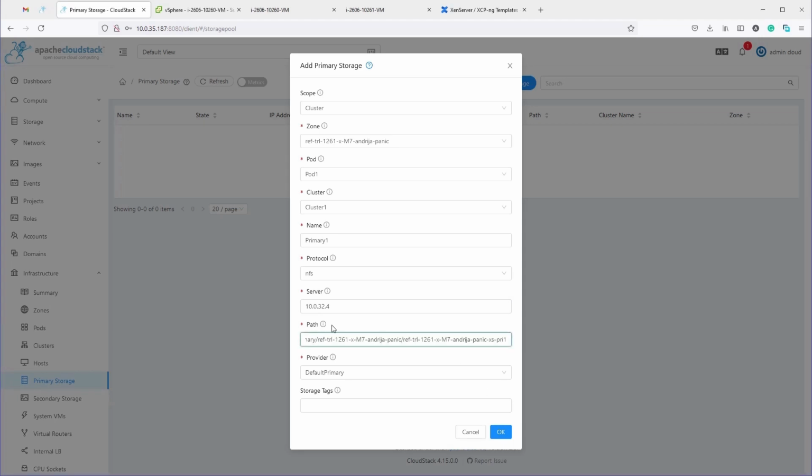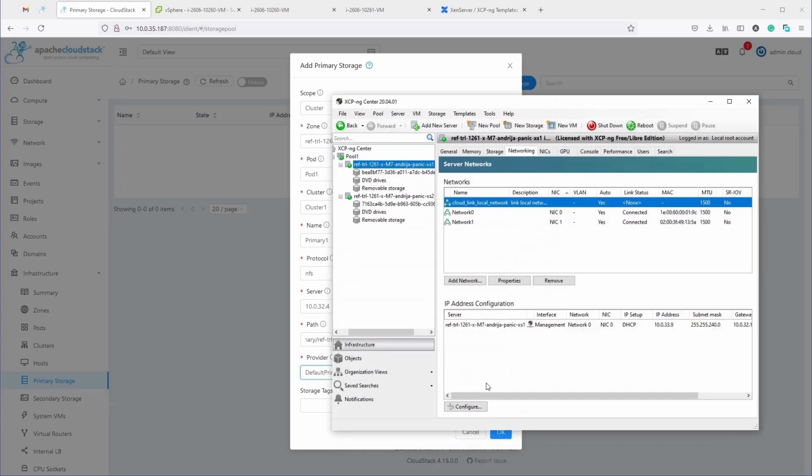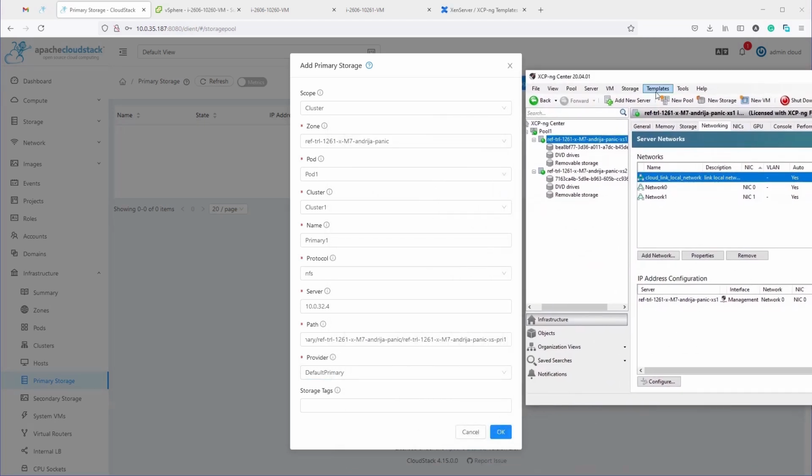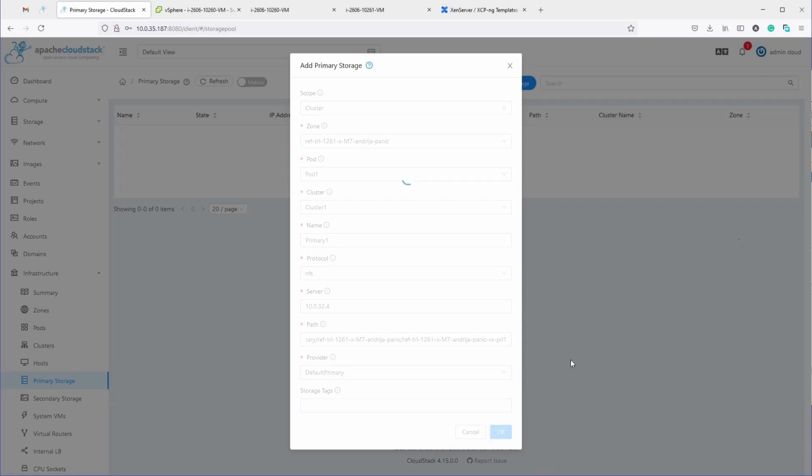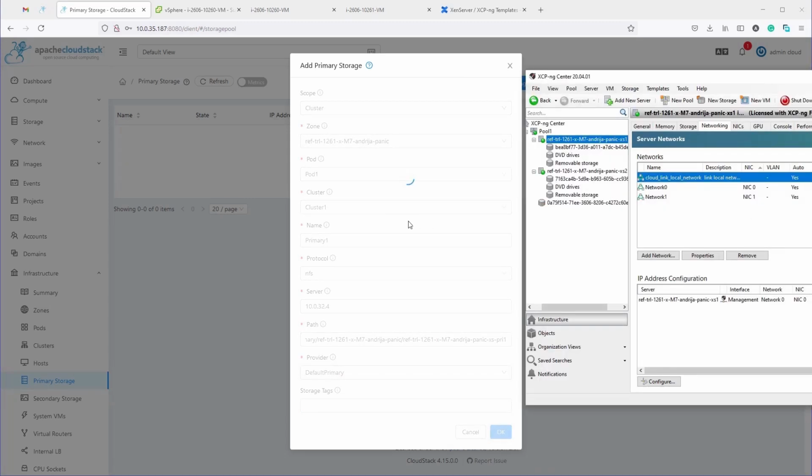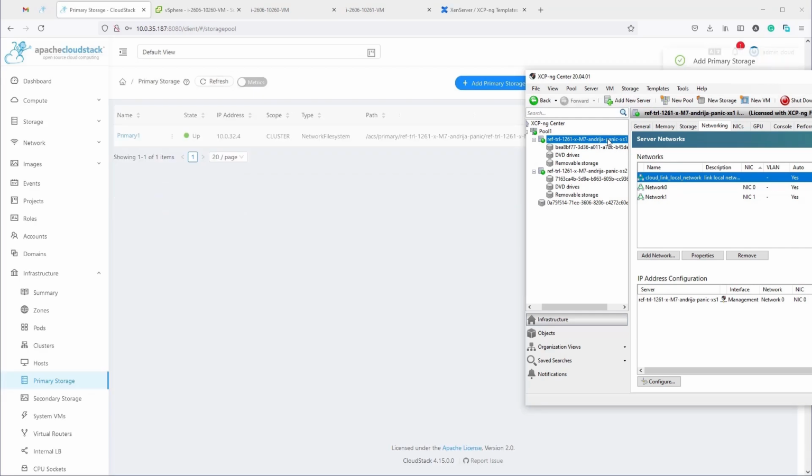So I know my NFS server IP, explicit path, the provider we are keeping as default primary. I'm going to click OK now, but at the same time I'm going to bring up the XCP-ng Center so you can see this being added over here. I'm hitting OK, and it takes a bit of time for the communication to happen, but you will see a storage repository being created in both XCP-ng servers. Right, so our storage is up,